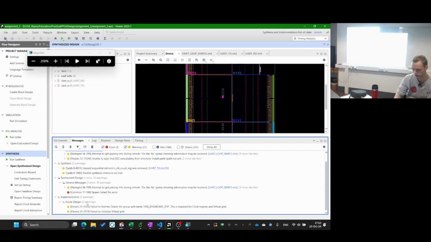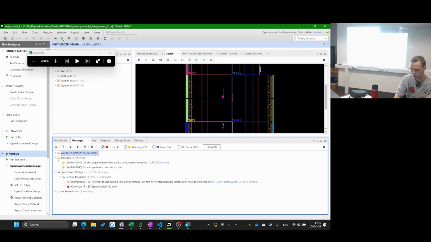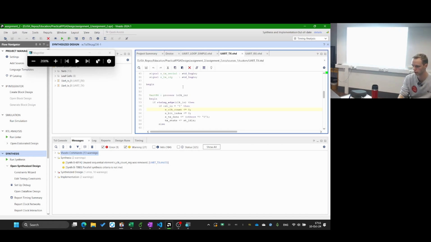So what is interesting is we're going to log all this out. We don't care about Vivado commands. We don't care about general messages of synthesis. We just care about this. And that's what I also mean for your assignments to be relevant: really the synthesis related part, of the algorithm when it has run. And you will see here, there's one warning in here after you fix the other errors and warnings in the simulation. This is not something which you necessarily will see in a simulation. Maybe someone discovers it before, or in the code when they go through it, then they might not have it. But essentially, it will be,